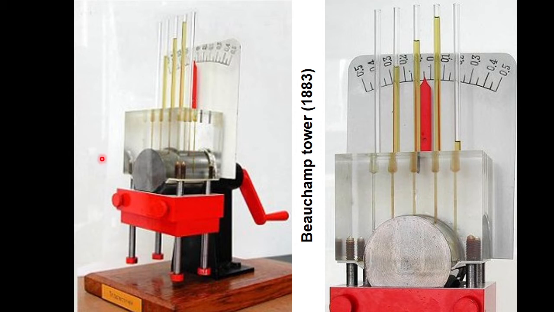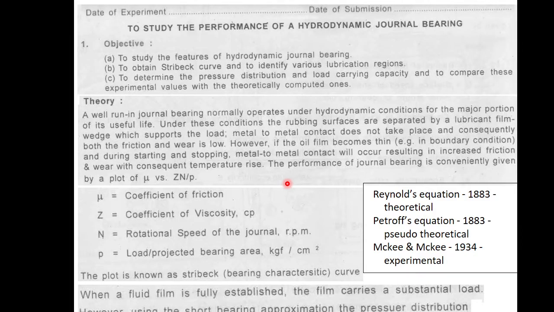but in actual case from the ends there would be leakage. Those are known as end effects, and then again if there is some pressure drop at the ends, should it remain uniform all through the length, etc. So that much we are not focusing. Using short bearing, the pressure distribution can be derived. That means here we are assuming that pressure distribution remains uniform without end effect.